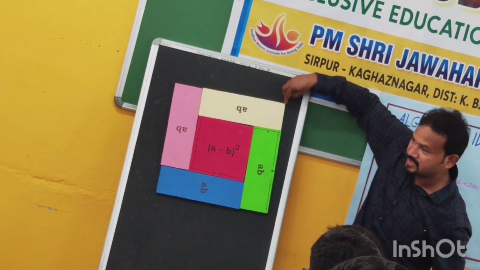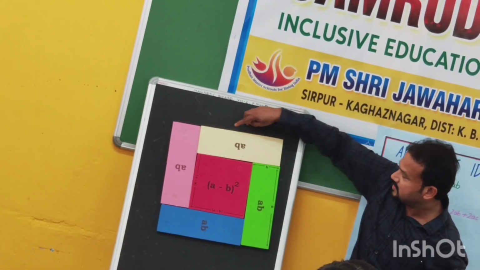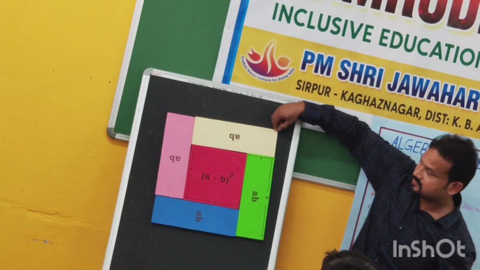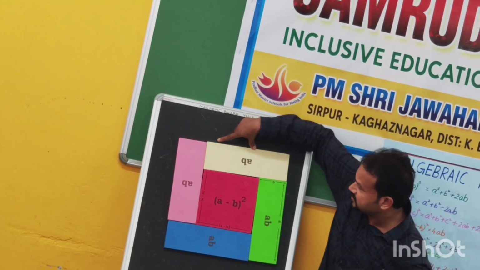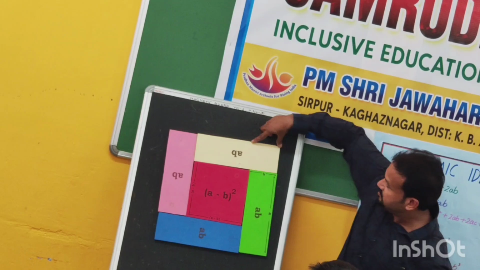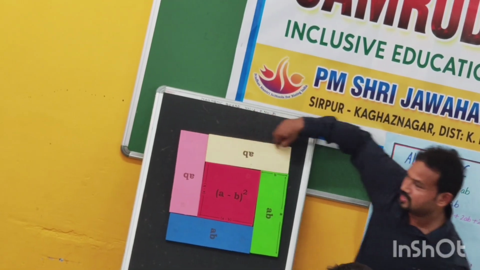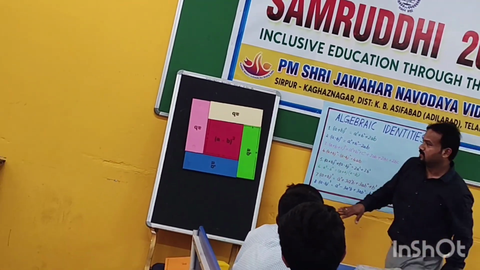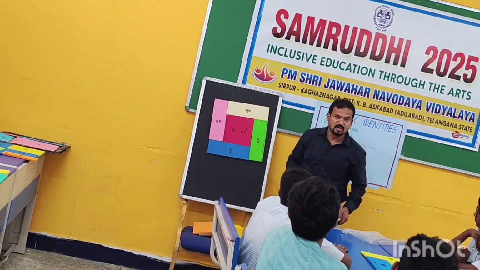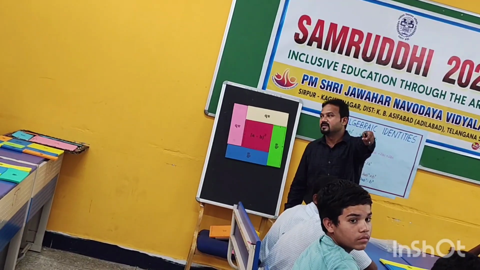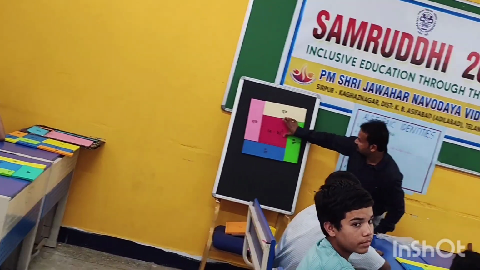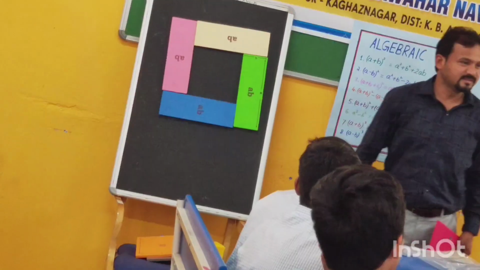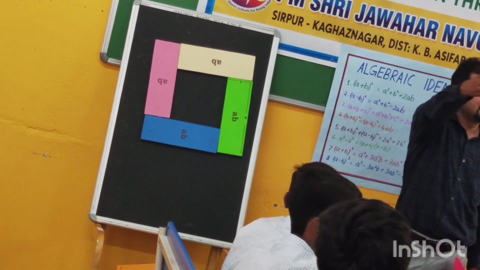Again from here to here B. So A up to this is A plus B. B plus A minus B comes A plus B. So each side is how much? It's a square, side is A plus B. Okay. So it is A plus B whole square. So how much we have to subtract? A minus B whole square. From here we subtract, this is A minus B whole square. So how much is left? 4AB. The answer is 4AB.